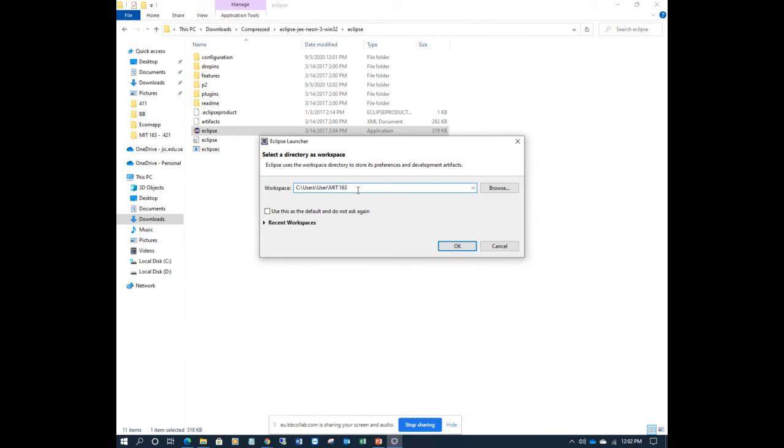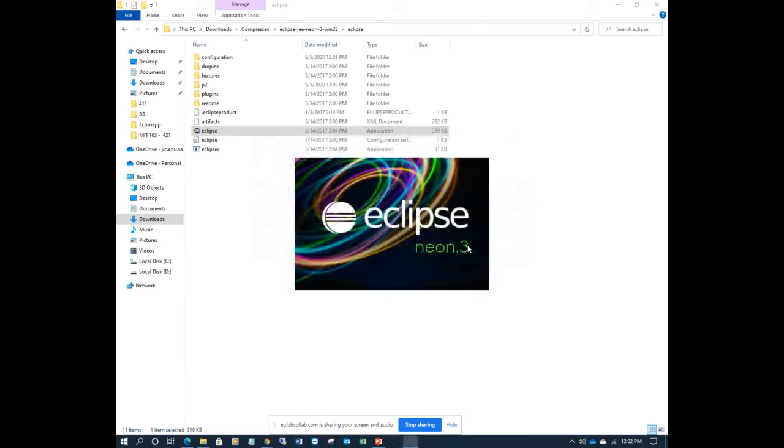You can write any name. So this course code I'm writing here, just click OK. It will load all the files. It takes time to load, just wait.